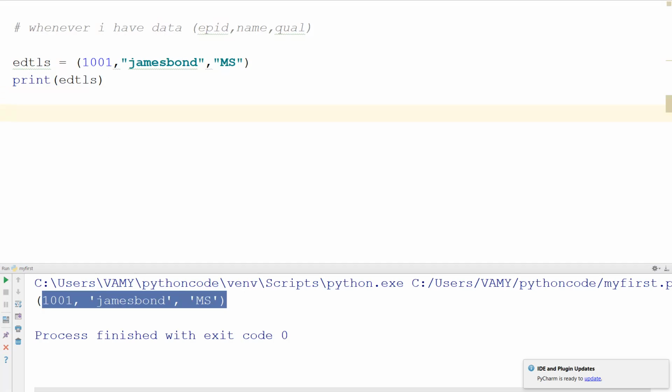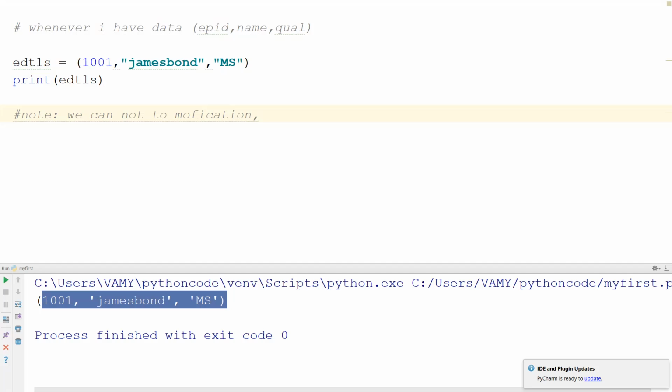One thing you should remember: once we have defined a tuple, we cannot modify, we cannot edit, and we cannot update it. Once you define it, the value stays the same.